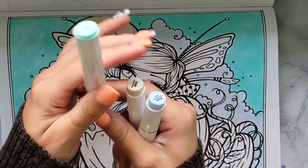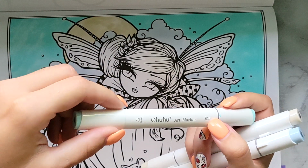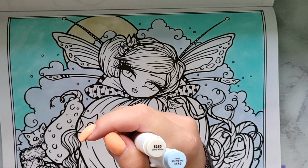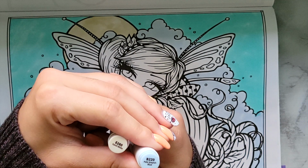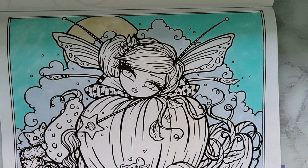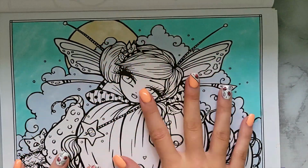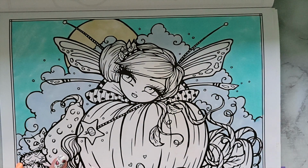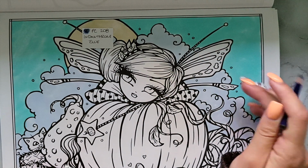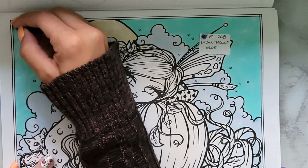All right, so these were the colors I used. I used 68 from, I think it's the 80 set of the Ohuhu bullet nib and broad nib markers. And then I used E280 sand white and B220 pale grayish blue. The sand white for the moon and then the pale grayish blue for the clouds. So this is just going to make the layering process a little bit easier, more so the burnishing process, because our layers will probably be pretty much the exact same as if we hadn't based it. This just makes it a little bit easier to make sure that there's no little bits of white poking through. So now we're going to go ahead and start with the indanthrone blue, and for now